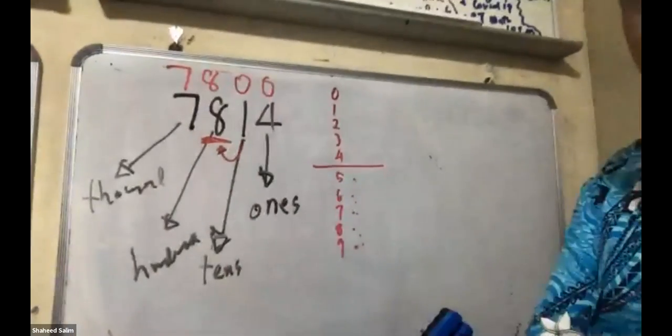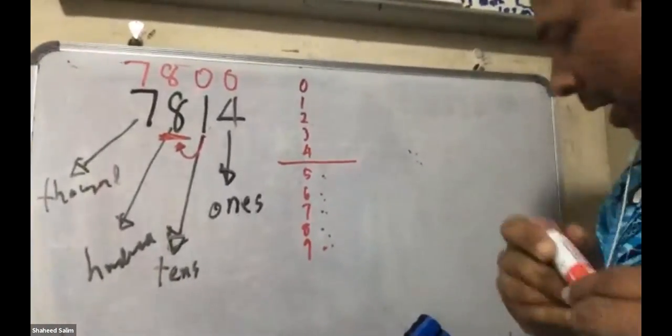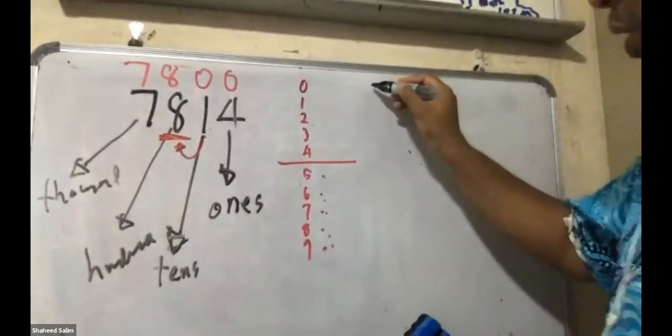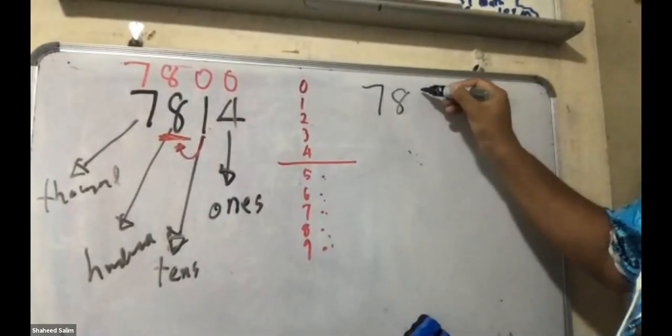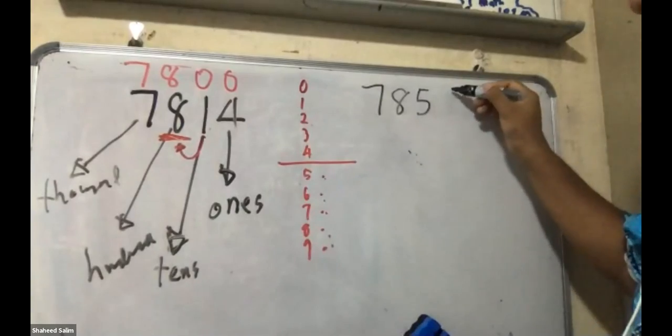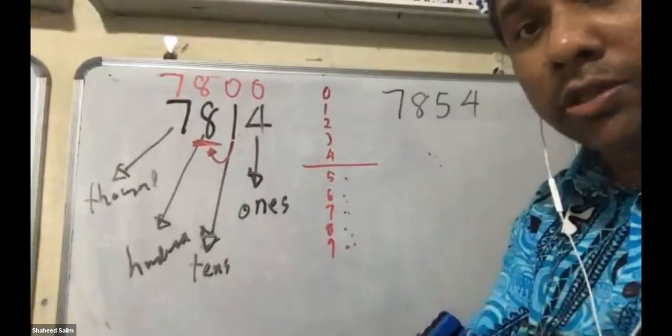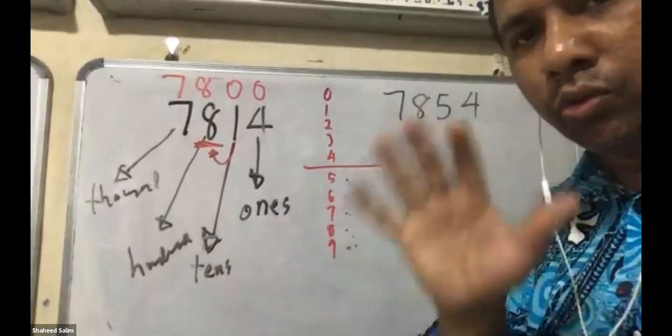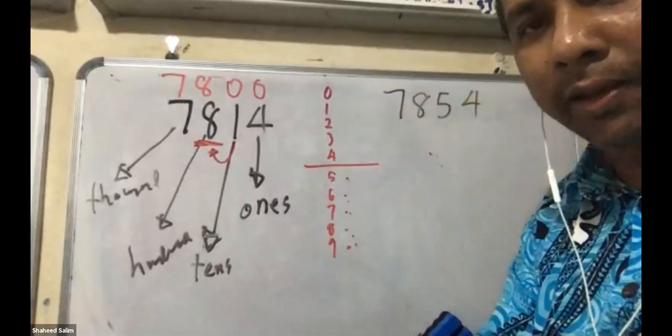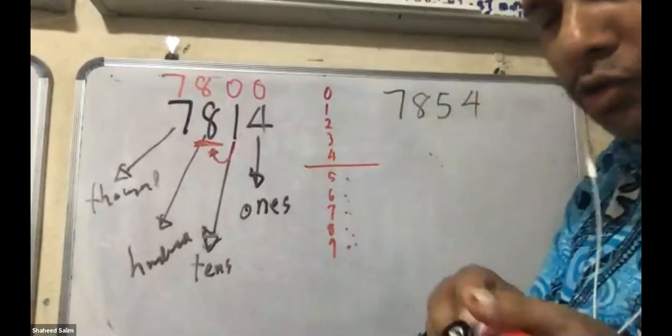Watch. Again, I give you a similar question, but slightly different. Watch. Don't go anywhere. I just changed. Don't copy. Don't worry about copying. This lesson, you don't worry about copying. The most important thing is understanding. Do you understand or not? Okay. Don't copy anything. I want you to understand.